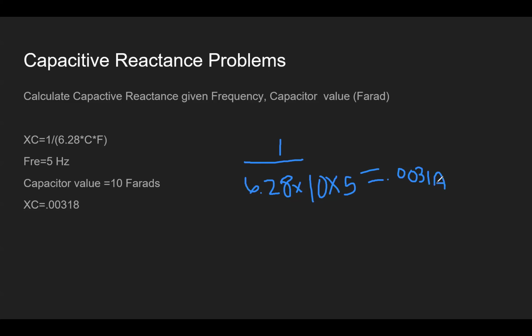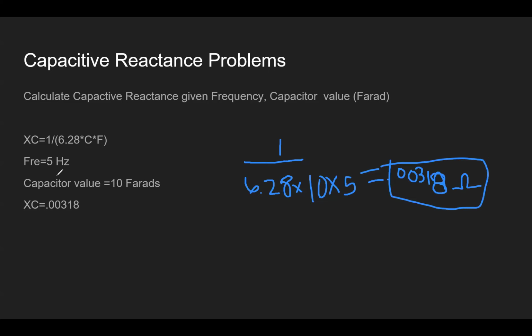And the units for this, that's a horrible 8. That looks like an A, but the units for this would be ohms, which I'm going to draw as this little horseshoe, because again, reactance has the same unit. And we can